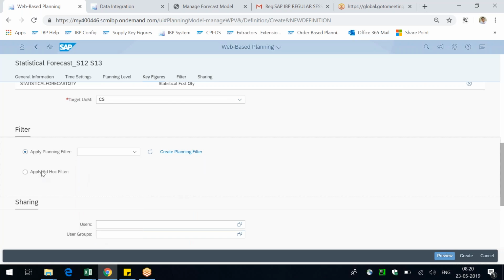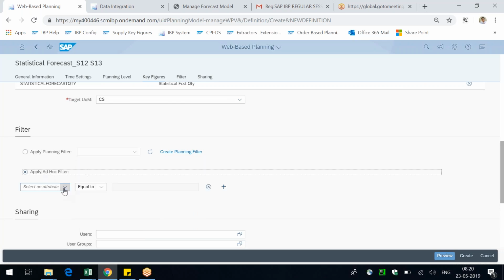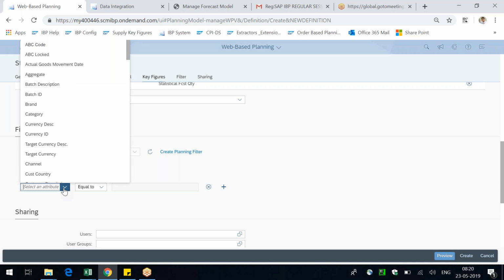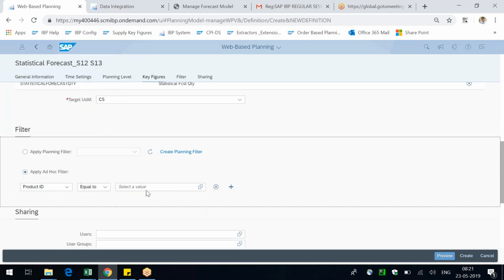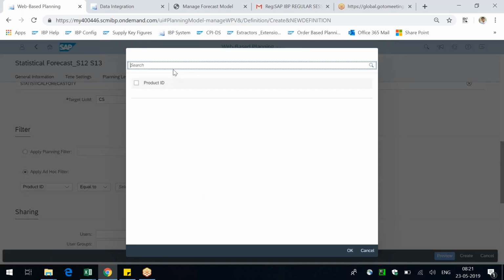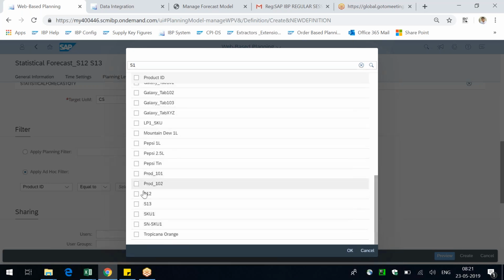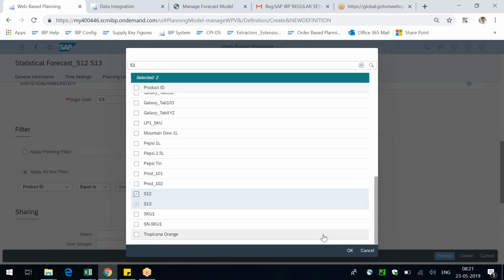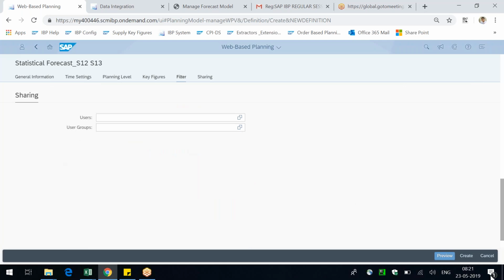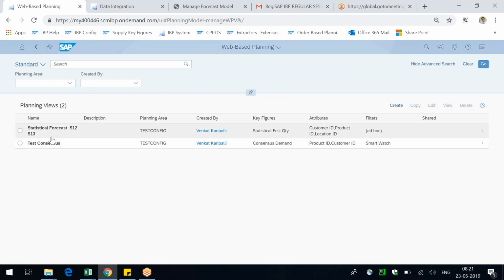We already have some filters here. Product ID is equal to S1 search, S12, S13. You can share this sheet. You can do a preview. I'm creating it. So this is statistical forecast S12, S13. If you open this,